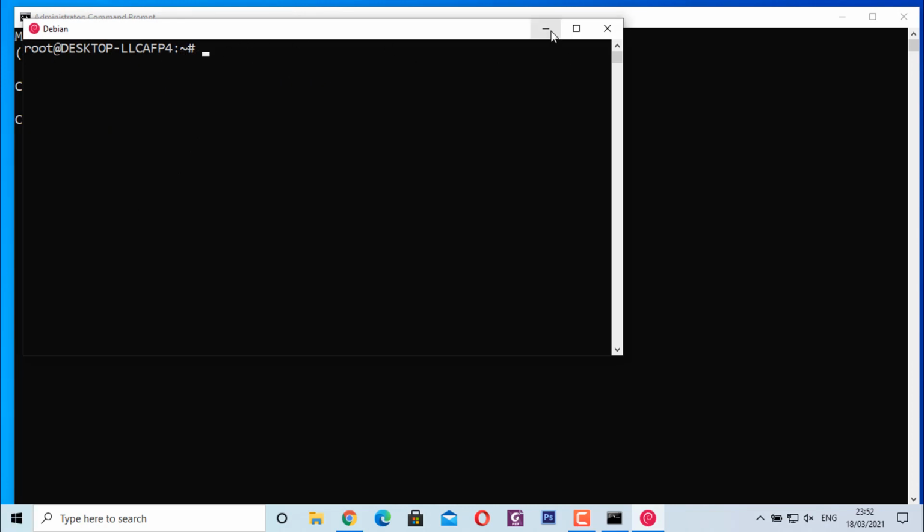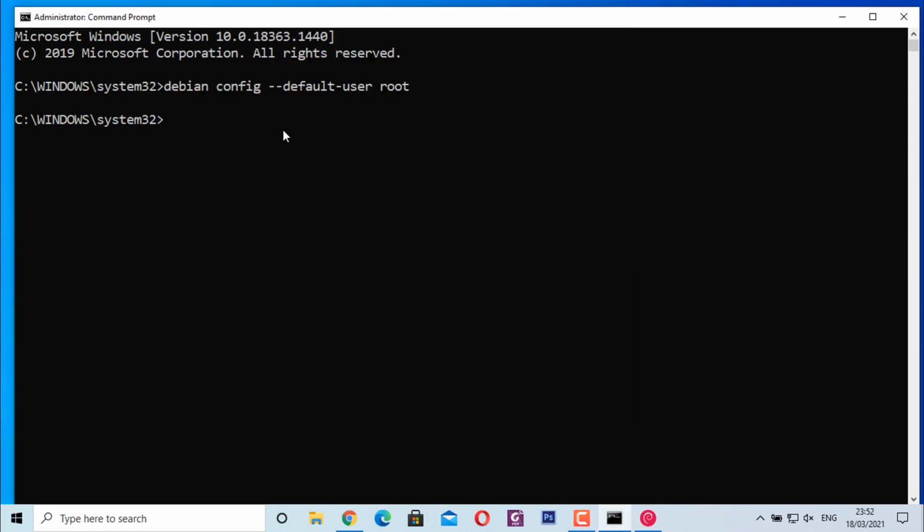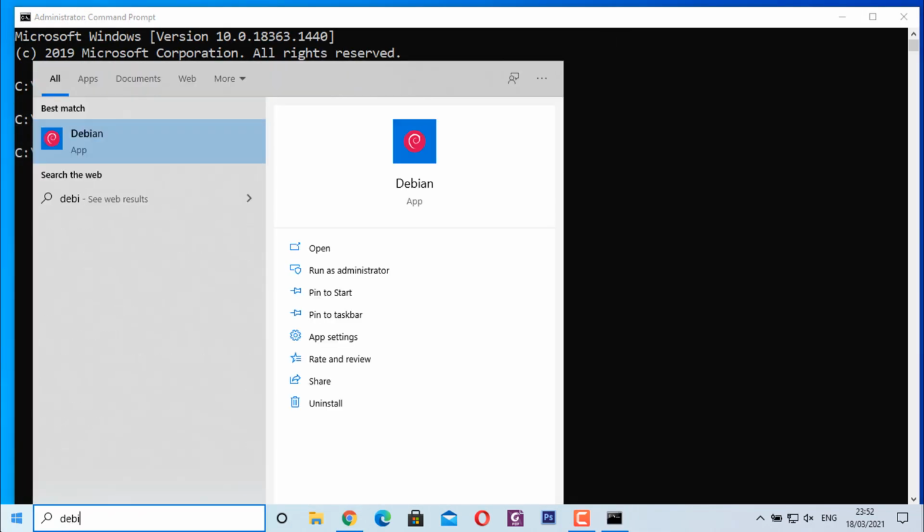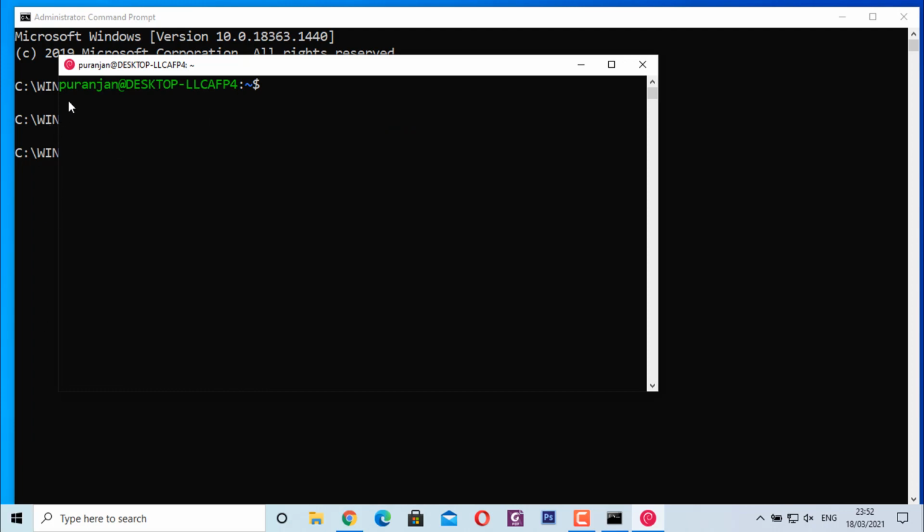If I want the default user to be Puranjan, you can go to cmd once again, give the same command like before, but replace the root with the username. Hit enter. Now again, when you start the Debian program, you will see that the default user is Puranjan and the password has been updated